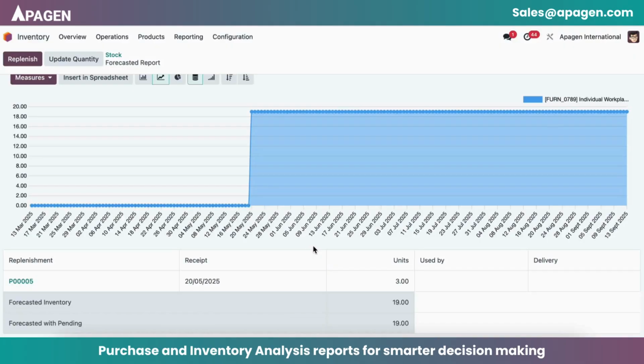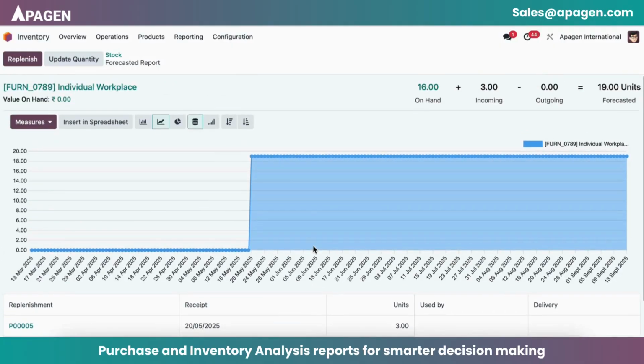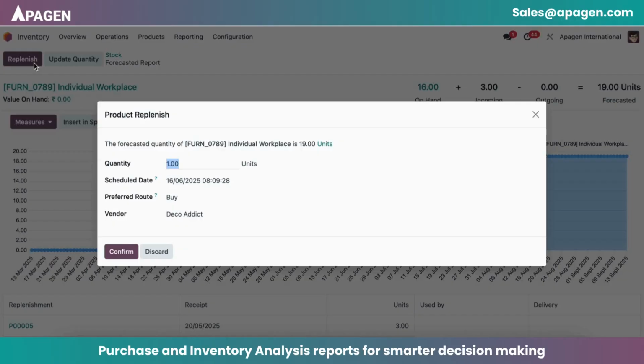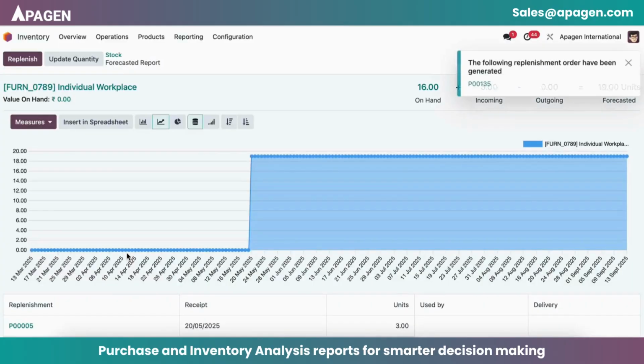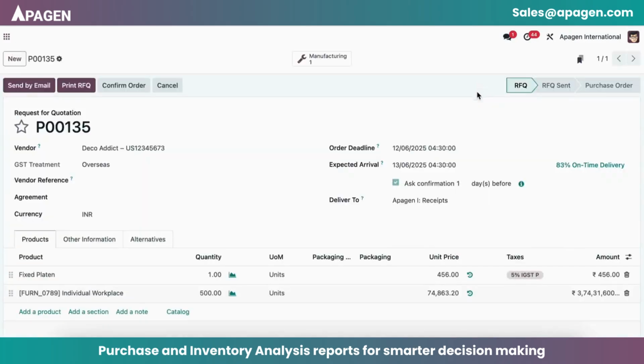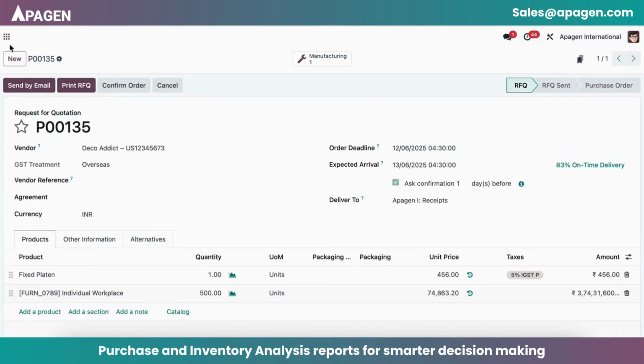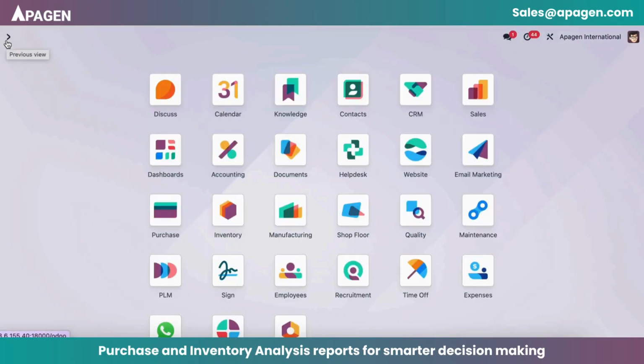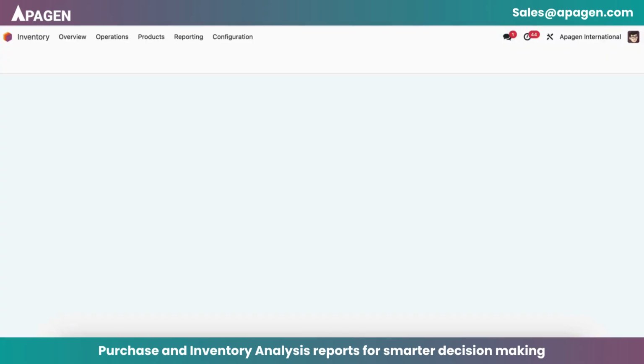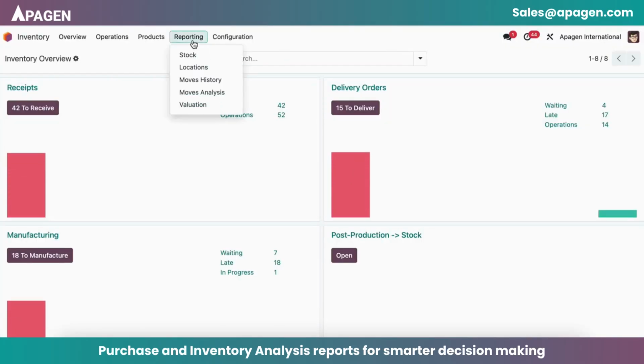In this case there are quite limited numbers, but if I want to initiate replenishment, I can click on this button. I can choose the quantity, a vendor, a scheduled date, and I can simply confirm. Again the system will generate a PO to complete the replenishment. So most of your decisions to order can be taken from the inventory module, especially regarding the replenishment or